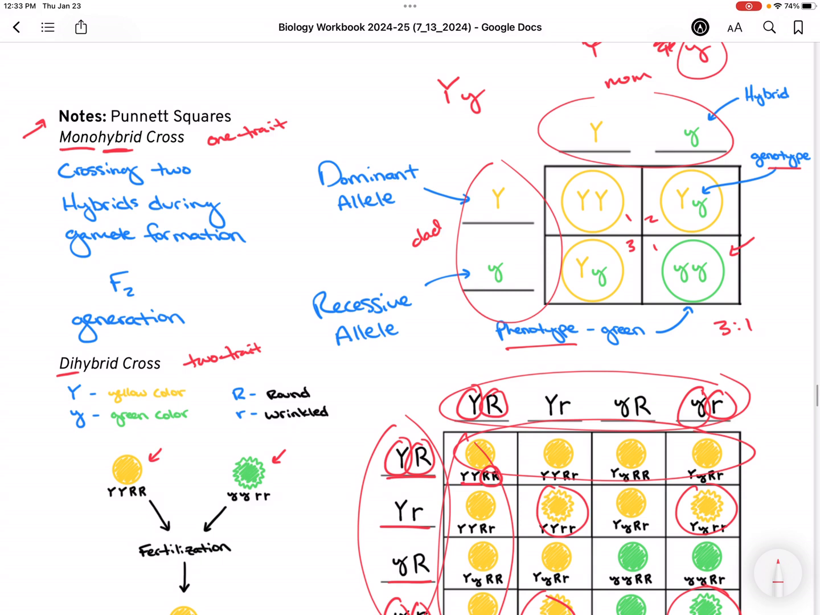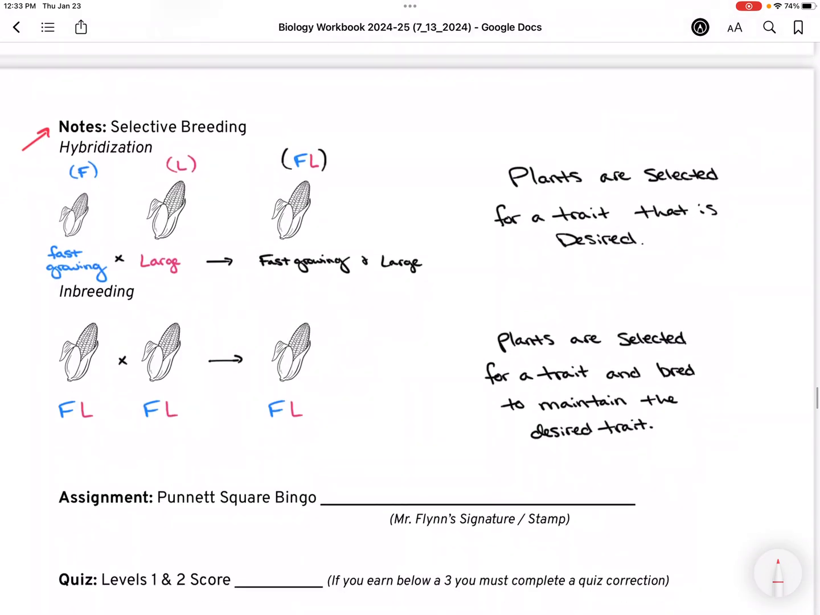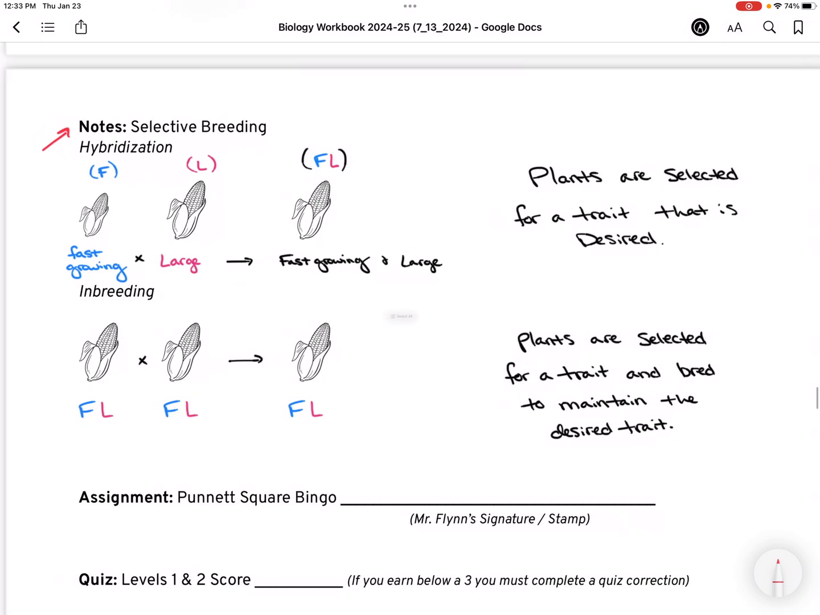Now down at the bottom we have what we call selective breeding. There's two types of selective breeding. We have hybridization and inbreeding. So for example, in hybridization, there's two corn being interbred, and you're going to see that there's a large corn, and then this one's a little smaller, and what we're doing is we're trying to combine traits to get a good outcome, because we are trying to not allow nature to decide what the